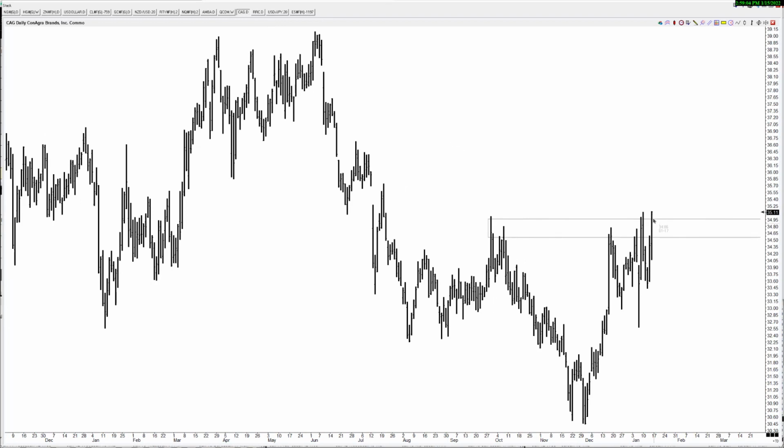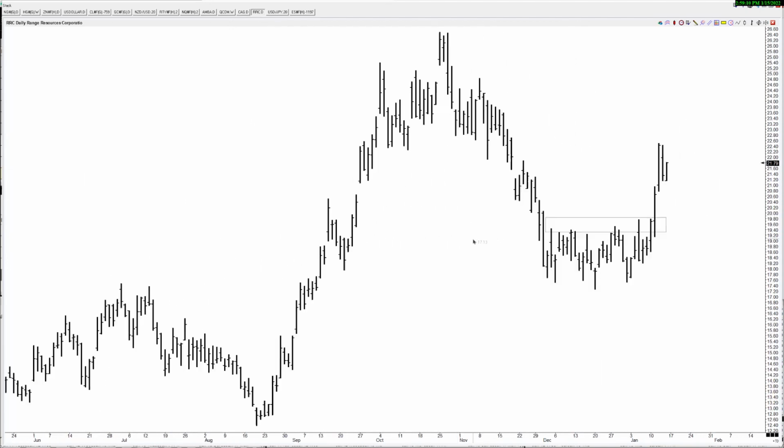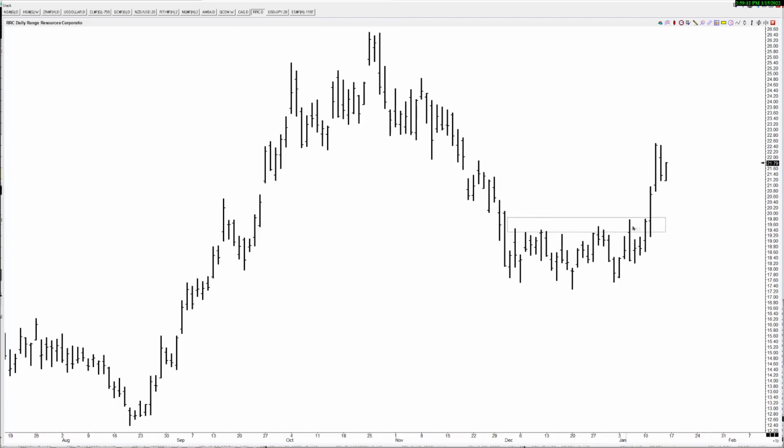CAG. Okay, here's a real good one. You can see the expansion is beautiful. Oil stocks have been nice. So this will be a great one for us to follow because we've just expanded and we've just contracted again. Do we continue or do we swing? And, you know, not to leave natural gas fans out,